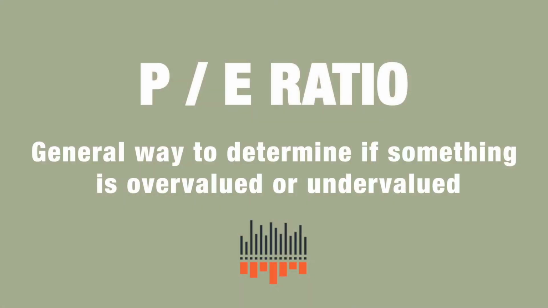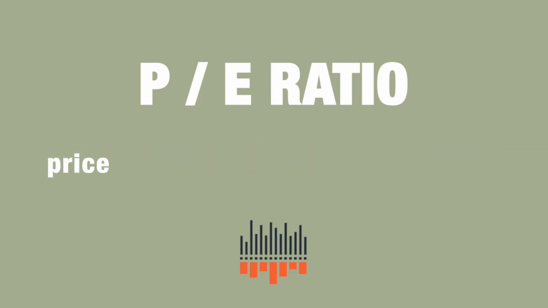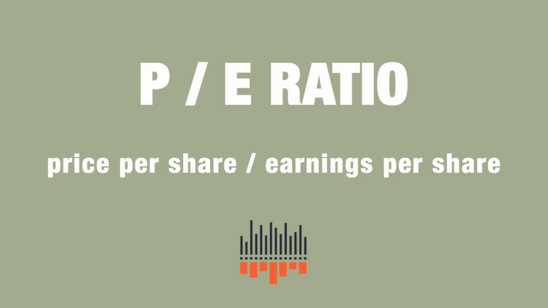So what a PE ratio is, it's a very general way, very general, of trying to decide whether a company is overvalued or undervalued, or whether the stock market's overvalued or undervalued. So what it is the price per share of a stock divided by the earnings per share. And it's important that you have the per shares because they wash each other out in the numerator in the top as well as the denominator in the bottom. Price per share divided by earnings per share.